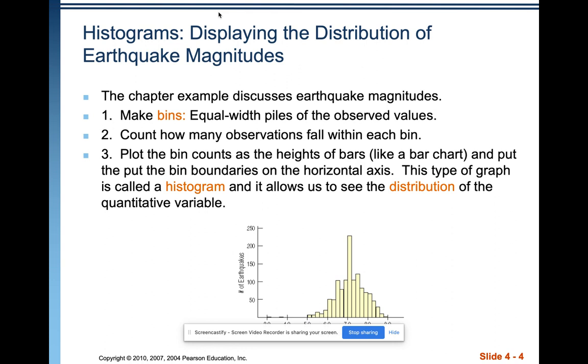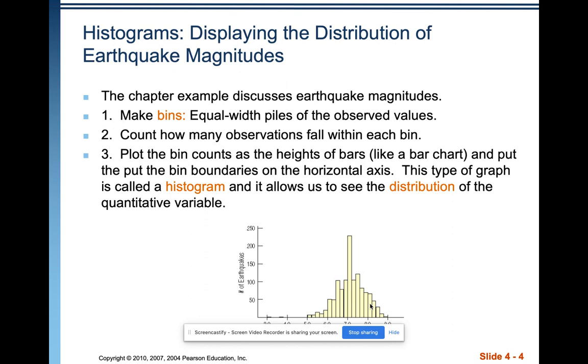But just in case you ever need to do this, you need to make bins, and those are going to be equal width piles of observed values. So here we're talking about earthquake magnitudes. And so what this means is since the first bin appears to be 0.2 in its width on the Richter scale, then the next one has to be 0.2, the next one 0.2, the next one 0.2,